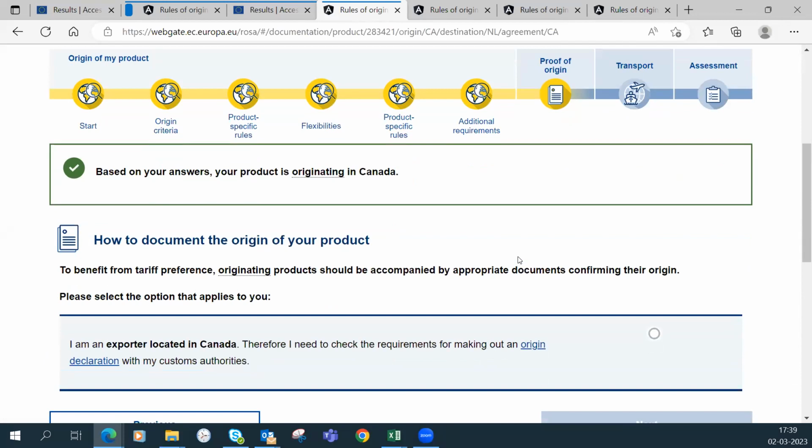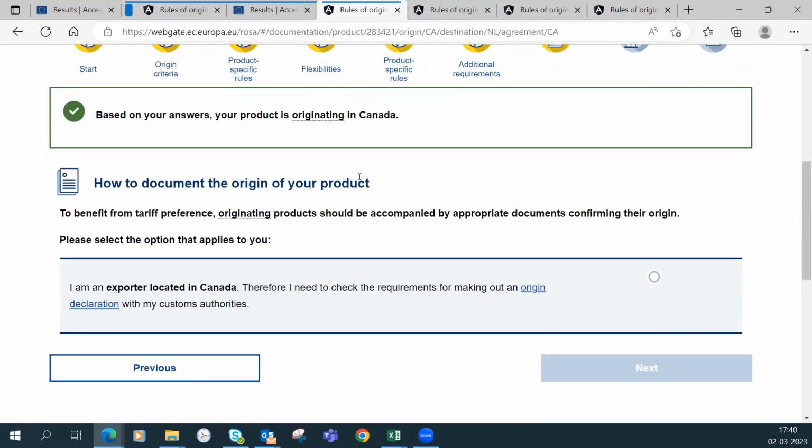And now, okay, so I explained that it's a complex case, because you import non-originating material, your product didn't meet the product specific rule, so you have to check if through the flexibility you were allowed to still fulfill the product specific rule, so you went there. You answered the additional requirements, territoriality, and whether you went beyond the minimal operation. And now the machine told you that based on your answer, your product is originating in Canada.